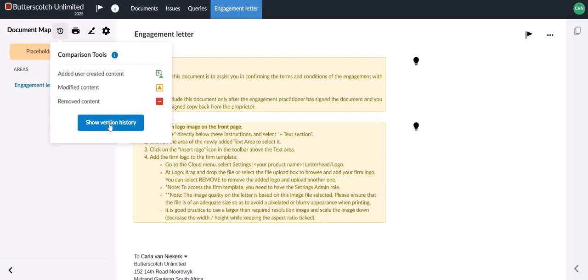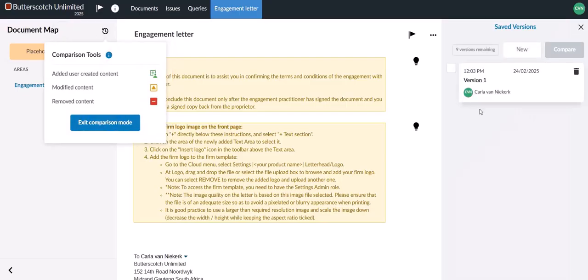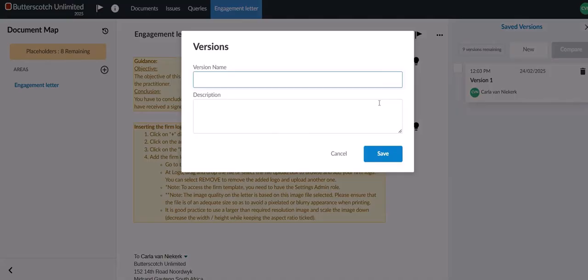Select Show Version History. And as you can see, I've already saved a version. Please note who saved the version as well as what time. To save a new version, you can select the New button. In here, you can name the version and select Save. A new tab will open to say that a version has been created, and you can close